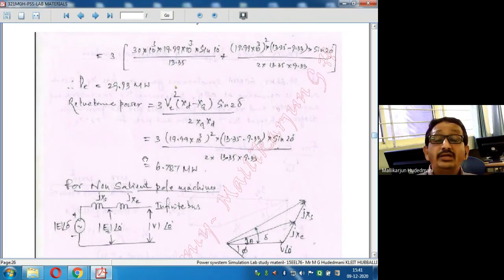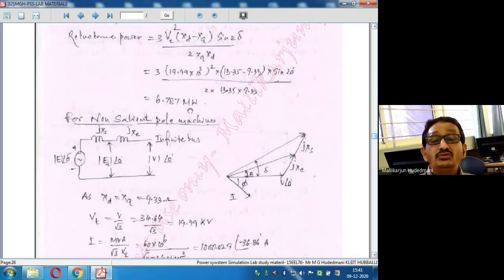Then this is pertaining to a salient pole machine, where complex calculation is used for term 1, active power, and term 2, reluctance power. If it is a non-salient pole machine, you just imagine the same problem. Repeat the calculation considering Xd equal to Xq. What is the meaning of Xd equal to Xq? There is no quadrature axis reactance. Whatever is the reactance, that itself is the synchronous reactance of the machine.